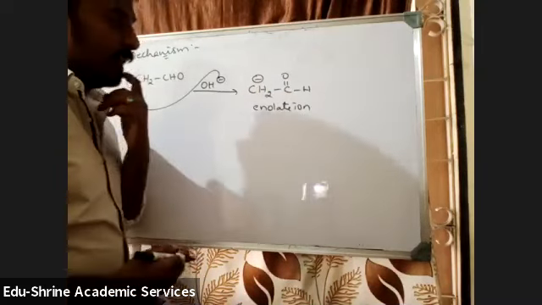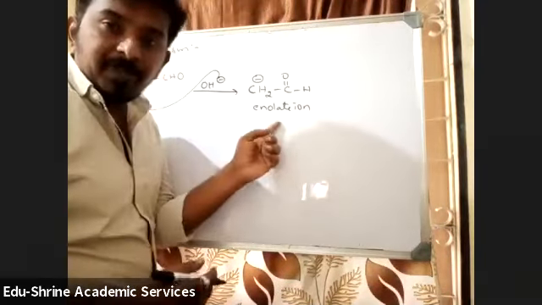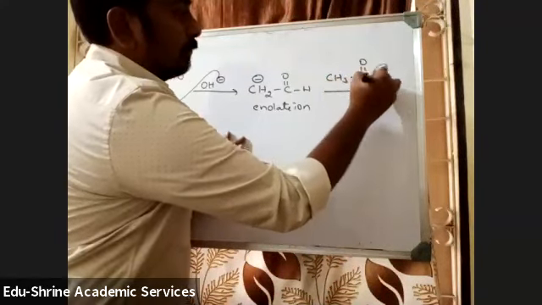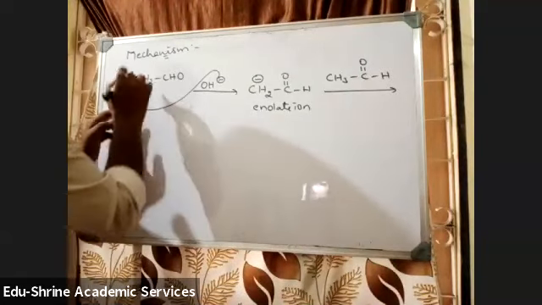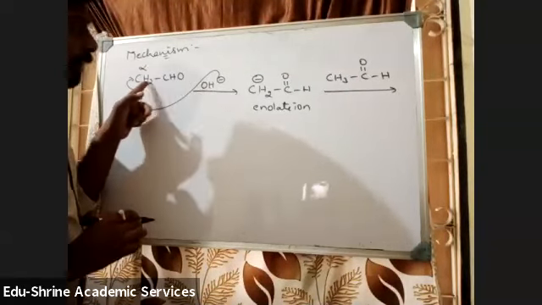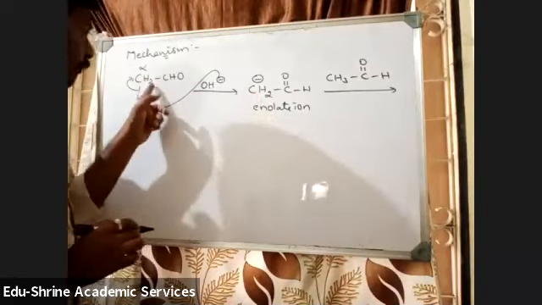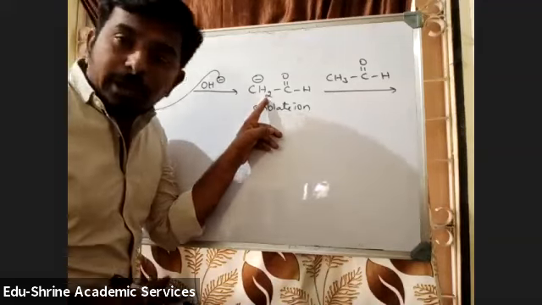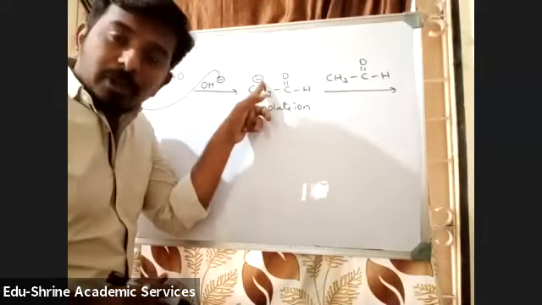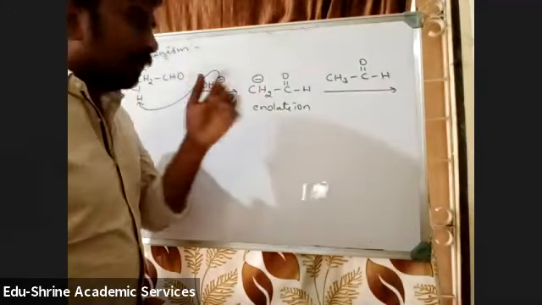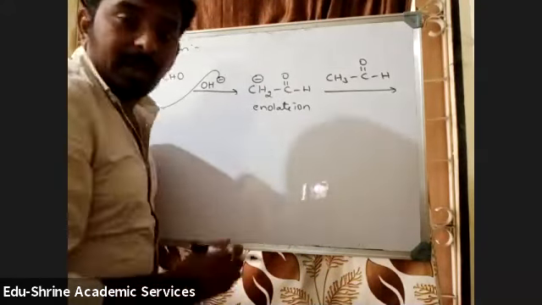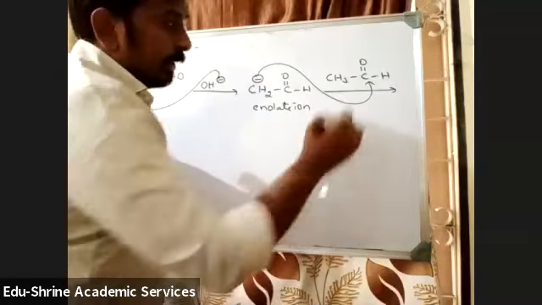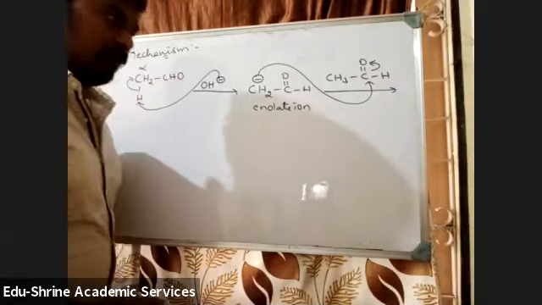Previously I have given. Once this enolate ion is formed, this will be attacking one more aldehyde. So understand, very simple, students. This is the alpha carbon atom. At the alpha carbon atom you will get a negative charge by removing one hydrogen. Before there were 3 hydrogens here. Now there are only 2 hydrogens. So as the hydrogen is lost, you are getting a negative charge. This will be attacking another aldehyde molecule. So this negative charge will go and attack this electrophilic carbon atom. These pi electrons will be polarized towards oxygen.